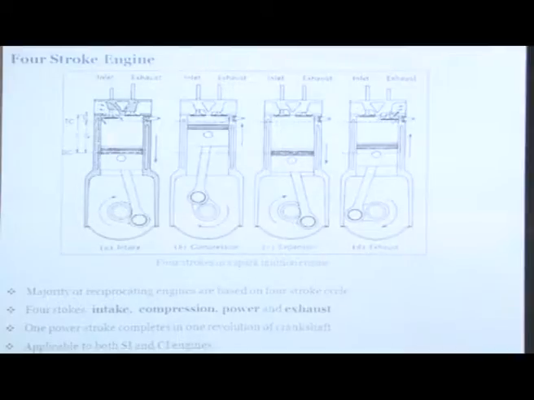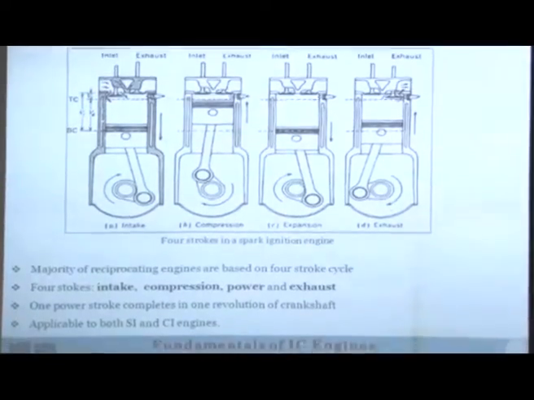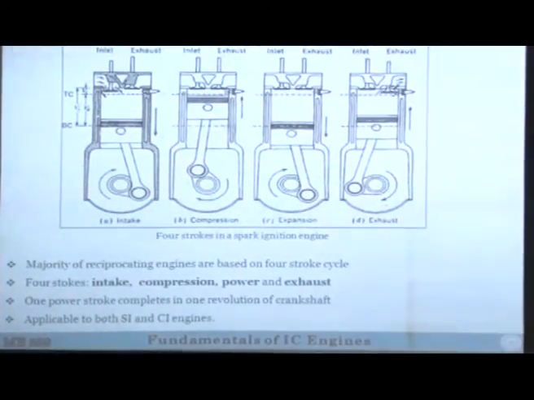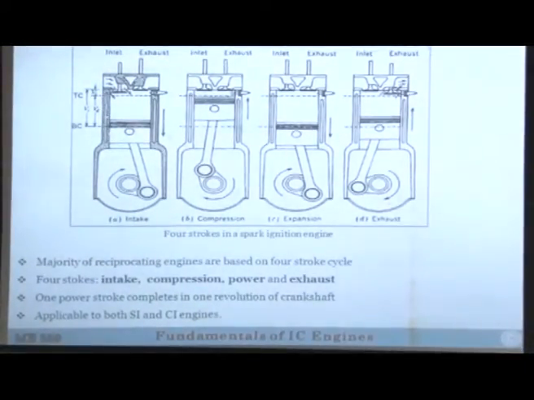going down, so the entire swept volume is filled with fresh charge. In the compression stroke, you close both the valves, piston starts moving up, and when you are moving up, what will happen? This is very close to isentropic compression. Not really isentropic compression, there will be some heat losses, but you try to achieve as close to isentropic compression as possible. So by the time you reach top dead center, you have very high temperature and pressure. Depending on the compression ratio, you can have up to 250, 300 degree centigrade temperature, 30, 40 bar pressure